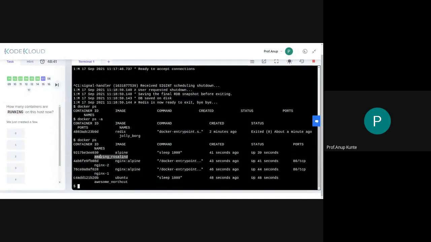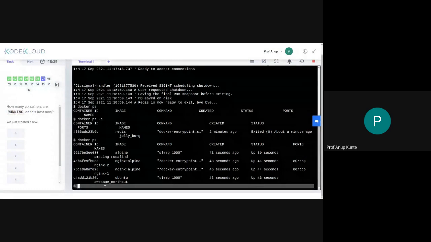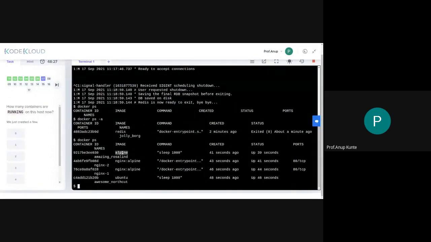Amazing Rosalind, Nginx 2, Nginx 1, and awesome Northcut. These are the names of the containers which are currently in execution. The images that I'm running are Nginx colon Alpine, Nginx colon Alpine, and Ubuntu.